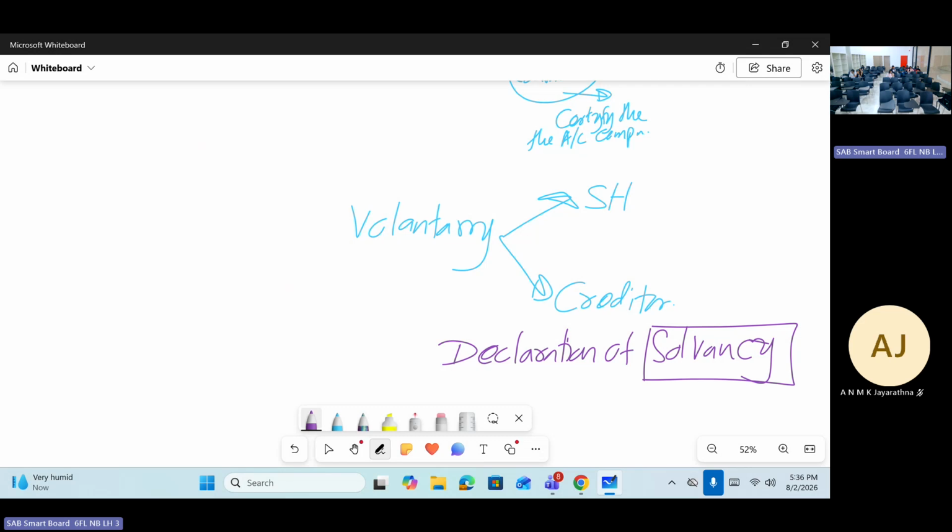Shareholders voluntary winding up or creditors voluntary winding up, depending on this declaration. This is a declaration given by the